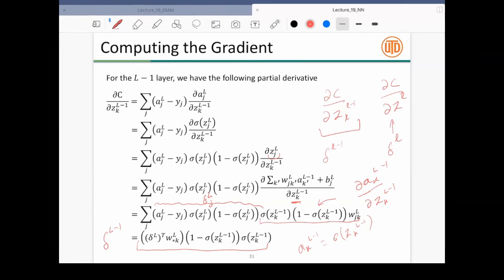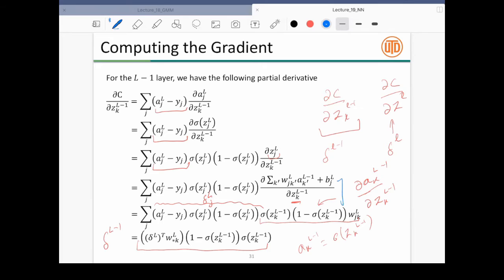Without this having anything specific to the last layer, the only thing that is specific to the last layer is this, because with respect to the last layer, we are using the fact that this is the L2 loss in the end. But the L2 loss is only in the end. Everywhere else we don't have the L2 loss, but the same equations will hold true. So you just have to assume that you know the gradient at layer L, and this is the only term that comes in.